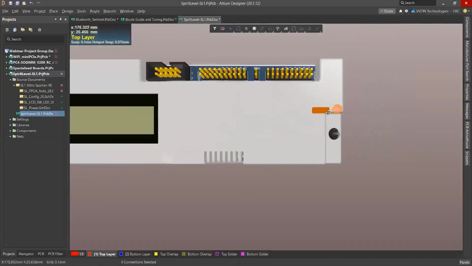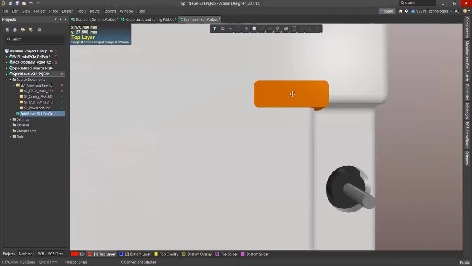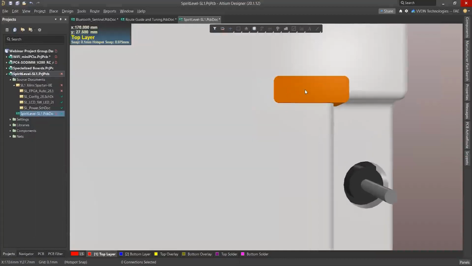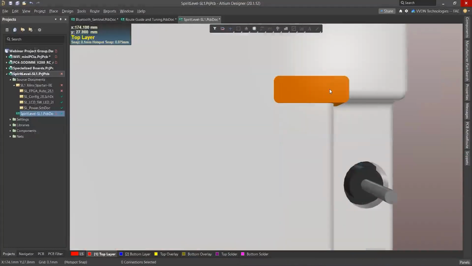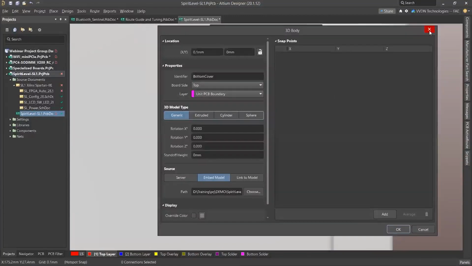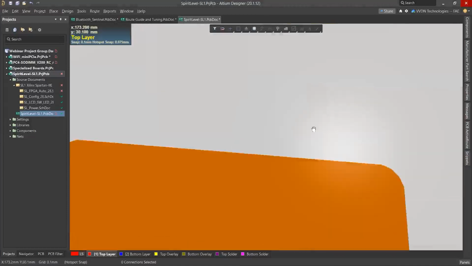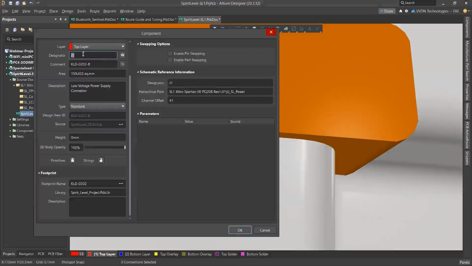Here you can see we can directly click on this component and select it.